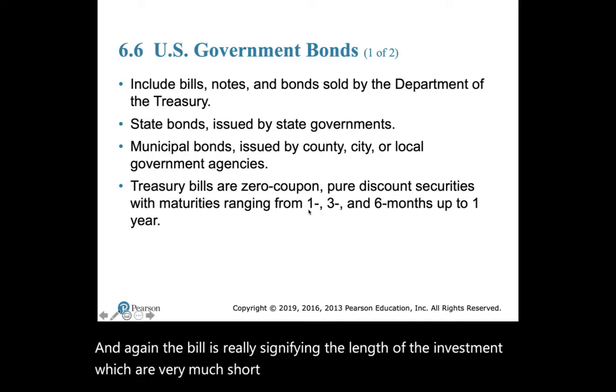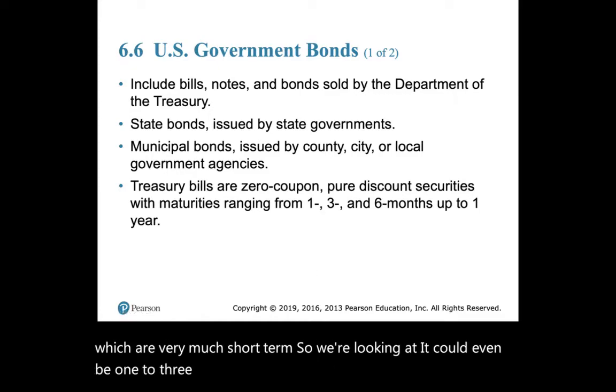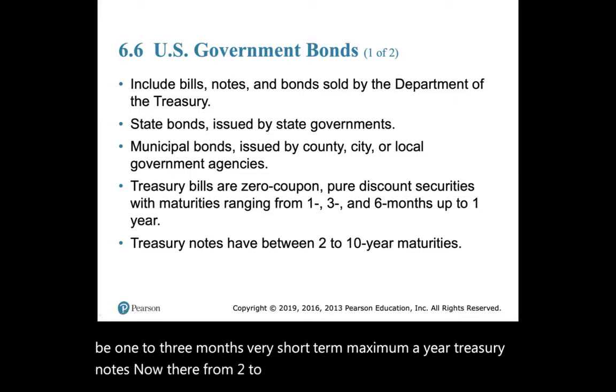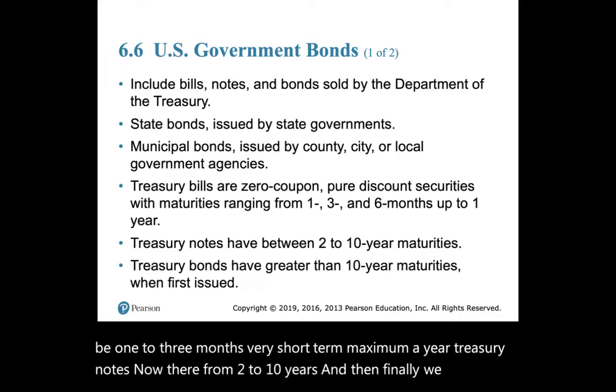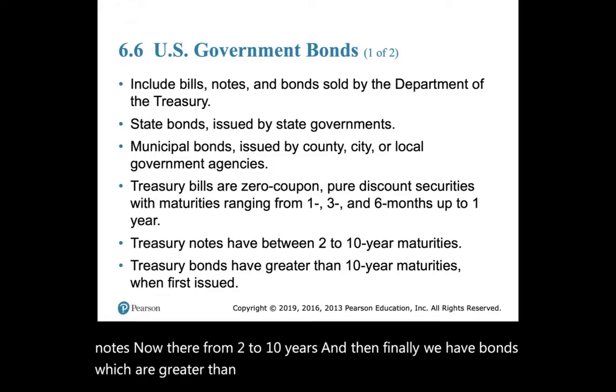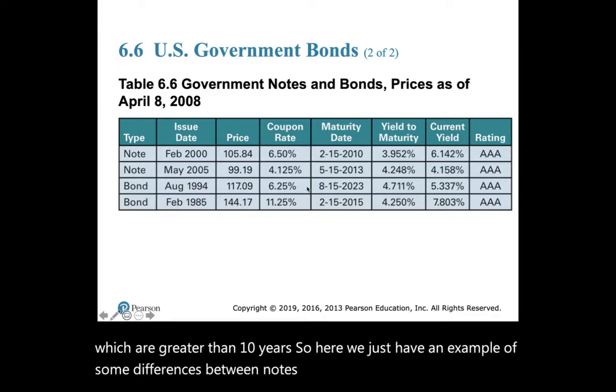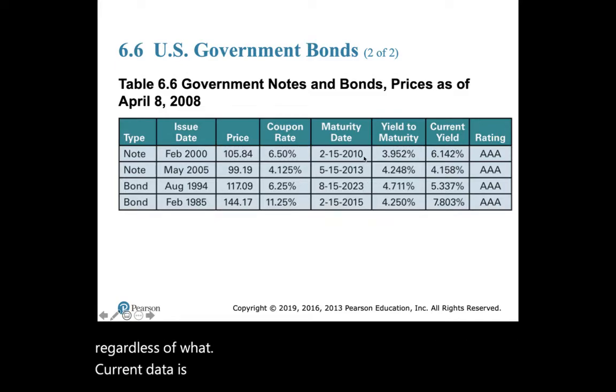So we're looking at, it could even be 1 to 3 months, very short term, maximum of a year. Treasury notes, now they're from 2 to 10 years. And then finally, we have bonds, which are greater than 10 years. So here we just have an example of some differences between notes and bonds. And regardless of what the current date is, we can at least recognize that these are shorter maturity dates compared